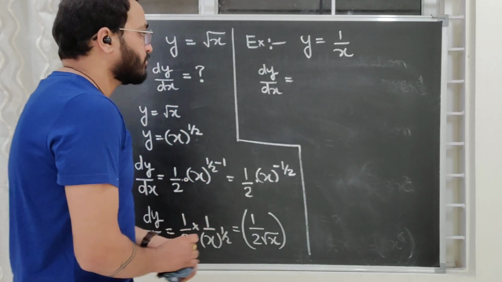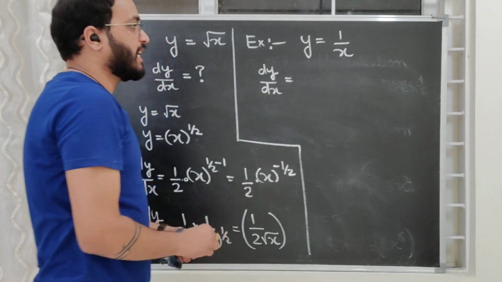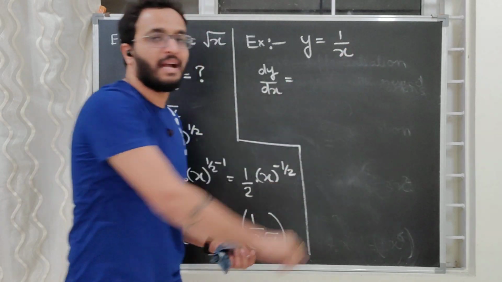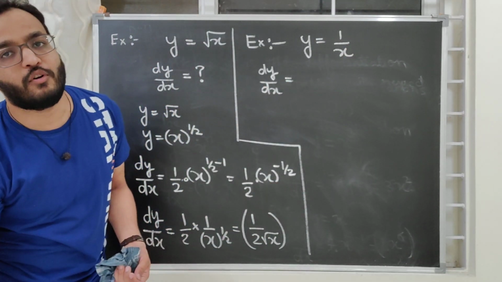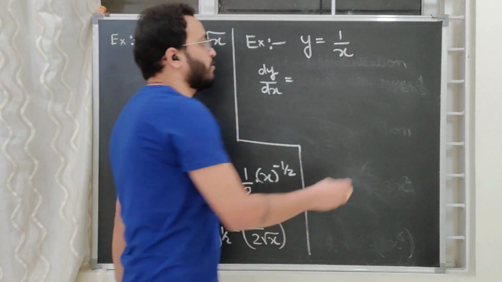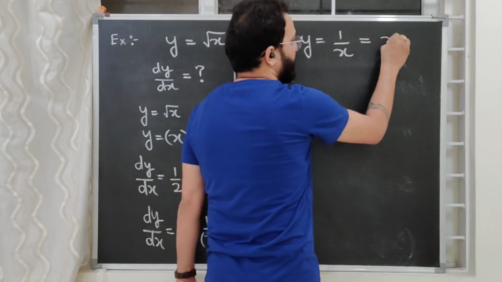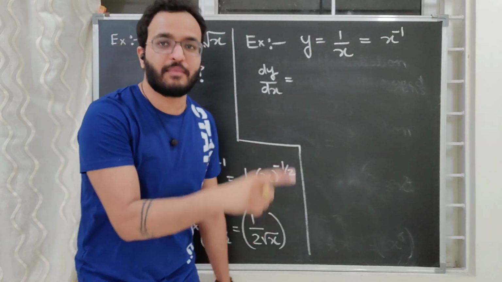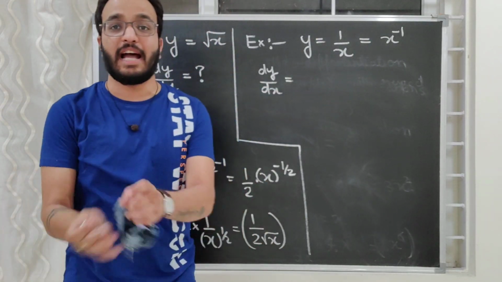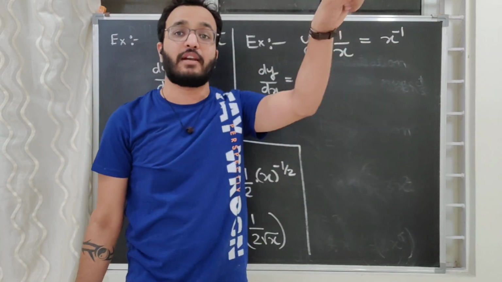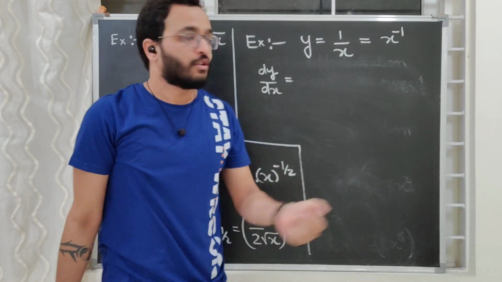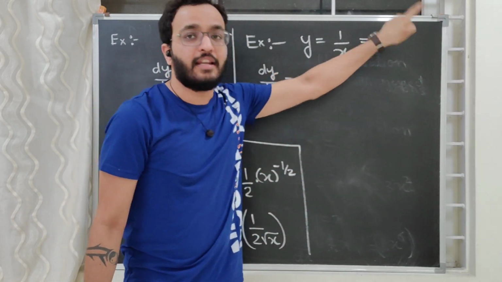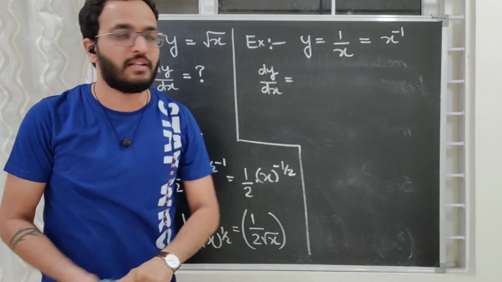Okay. Now, how will you solve it? Again, you need to convert it into the format that you know already. Which format do you know already? You will say, sir, I know this format, x to the power n. So can I write it like this, x to the power minus 1? Now it becomes very easy for me to differentiate it. Why? Because I can now compare it with x to the power n. So if I compare it with x to the power n, then n becomes minus 1.